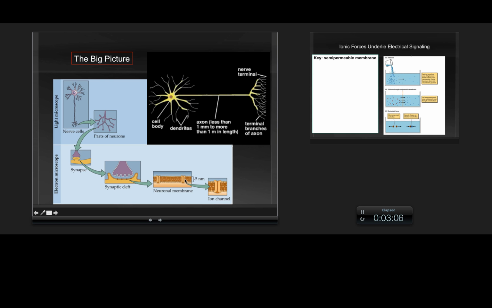Okay, any questions so far? Can you explain one more time? You said that when I was watching your video, you said there were ripples or something like that that go into the dendrites, right? Mm-hmm. So